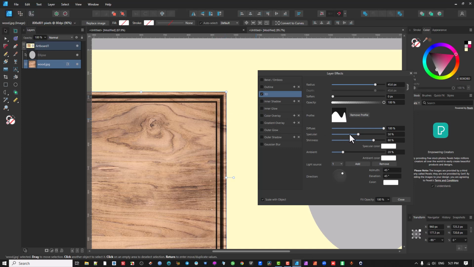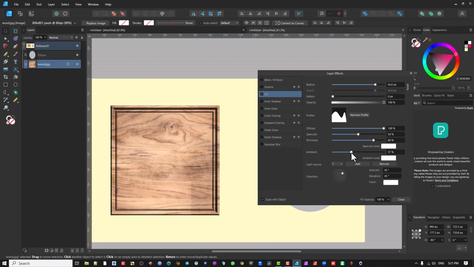So diffuse is the lighting color, specular is this actual edge lighting, ambience is overall lighting. So if I go here and I make it brighter or more dull, shininess has to do with the shine, as it says. If you make it more shiny, it will get a bit too bright. So it's these little subtle nuances. The defaults tend to work quite well here. And then these specular colors, you can change them to appear,